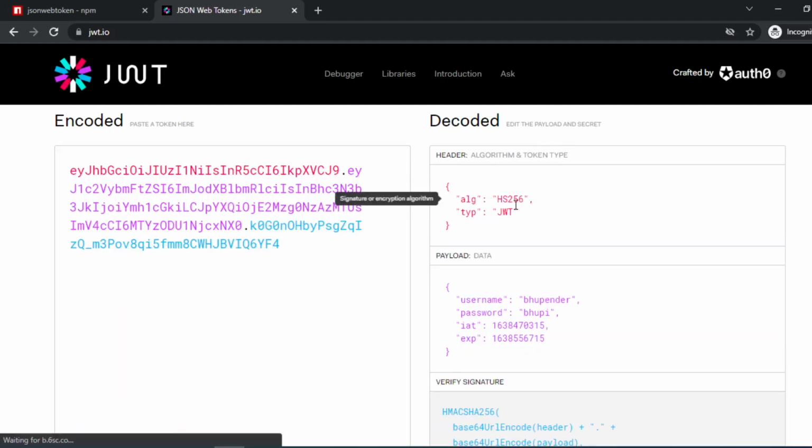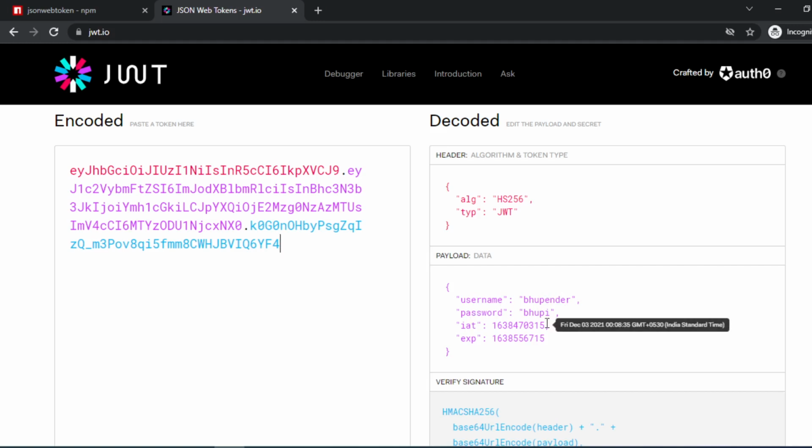As you can see, there are three things. The header, the algorithm that we are using, which is HS256 and the type JWT, and the payload that we are providing: username Bhupinder and the password, and the issue date is 3rd of December, and the expiry date is 4th of December, right?